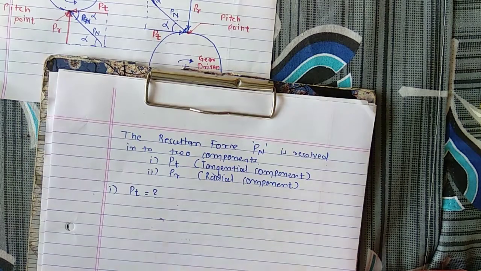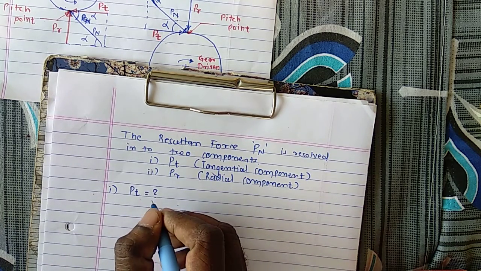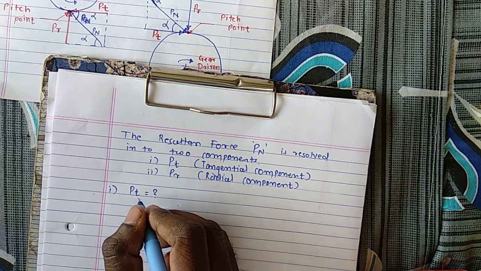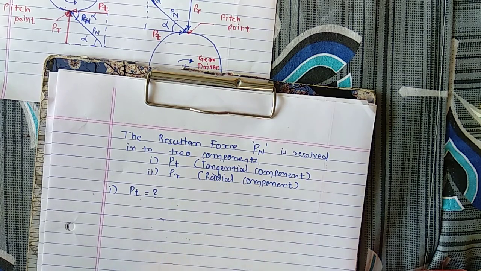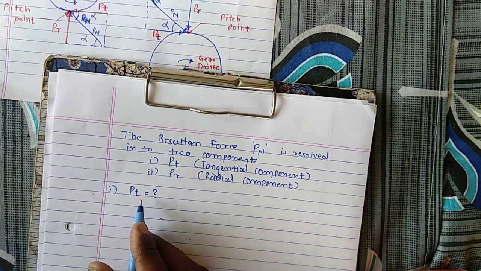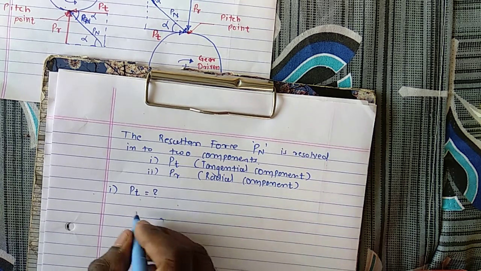See here, PT is a tangential component and PT is a useful component. Once we get the magnitude of PT, we can find the magnitude of torque, and from torque we can find the power. So that is the significance of PT, the tangential component. And to find the equation for PT, how it has to be calculated, we know that